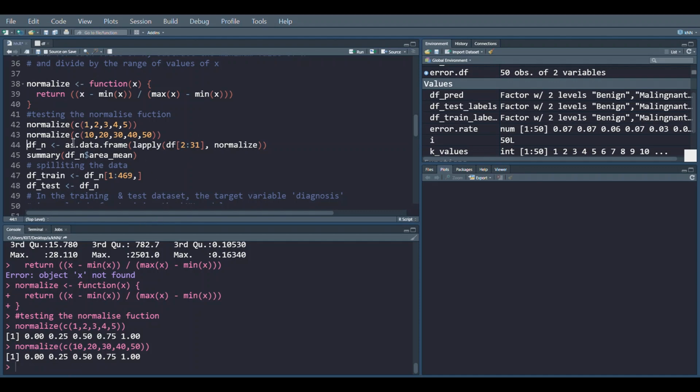So now we are going to apply the lapply function and apply this normalized function on all the columns that we have. When we are subsetting the data, here you can observe that 2:31 has been used. Only from the second column to the last column, because the first column was the diagnosis column which we saw earlier. So we won't be normalizing that because it has been coded as a factor variable. So let me now run this data.